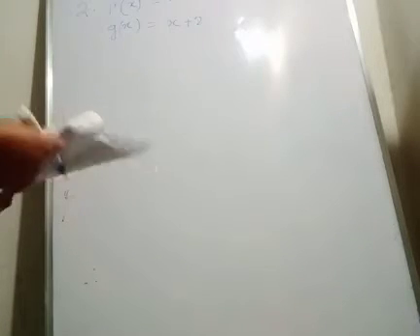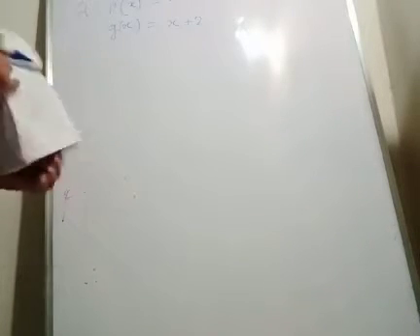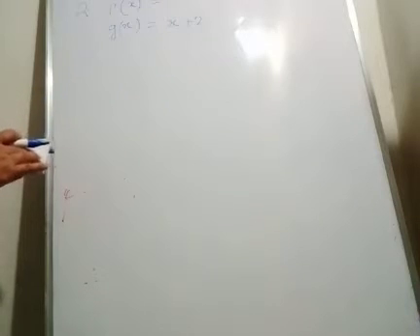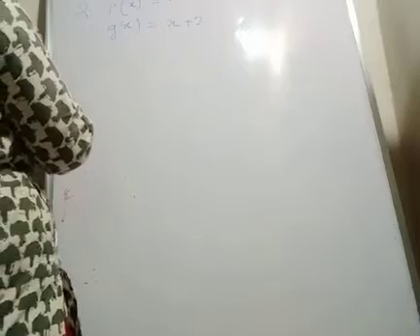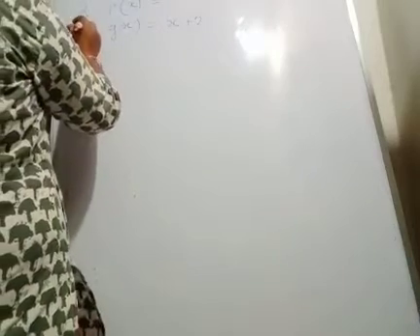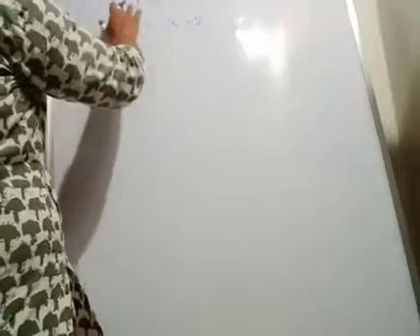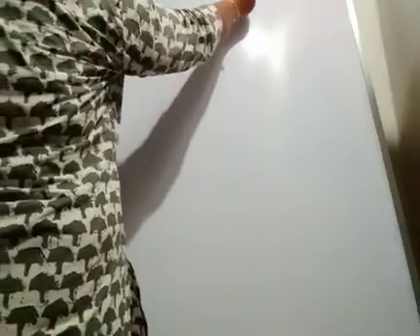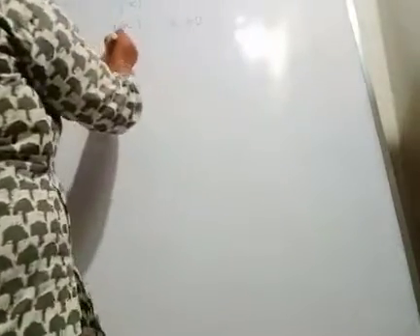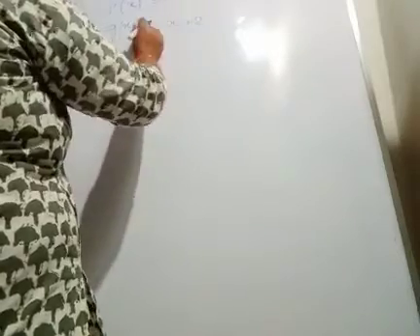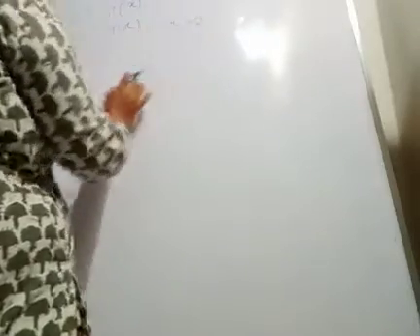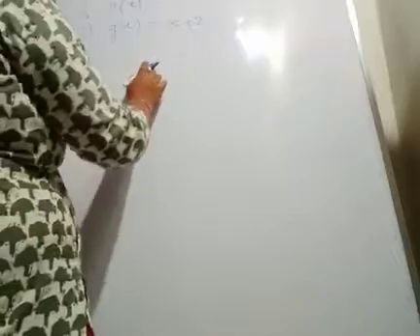So our next question, question number 2, is: use the factor theorem to determine whether gx is a factor of px in each of the following cases. So here I am solving the second part of question number 2. Here px is x cube plus 3x square plus 3x plus 1 and gx is x plus 2. If x plus 2 is a factor of this, then the remainder will become 0.